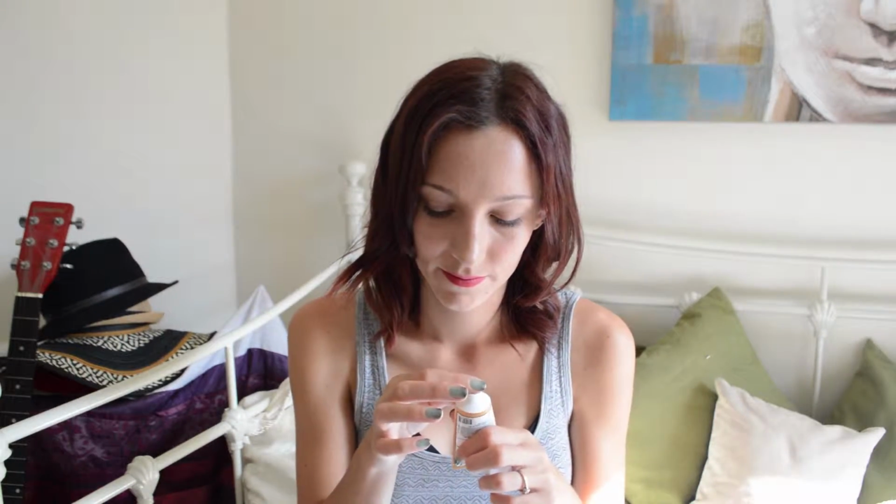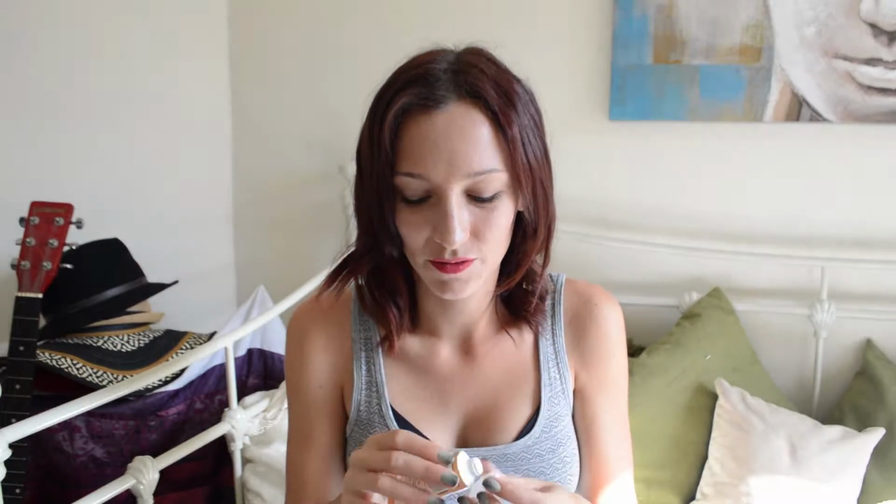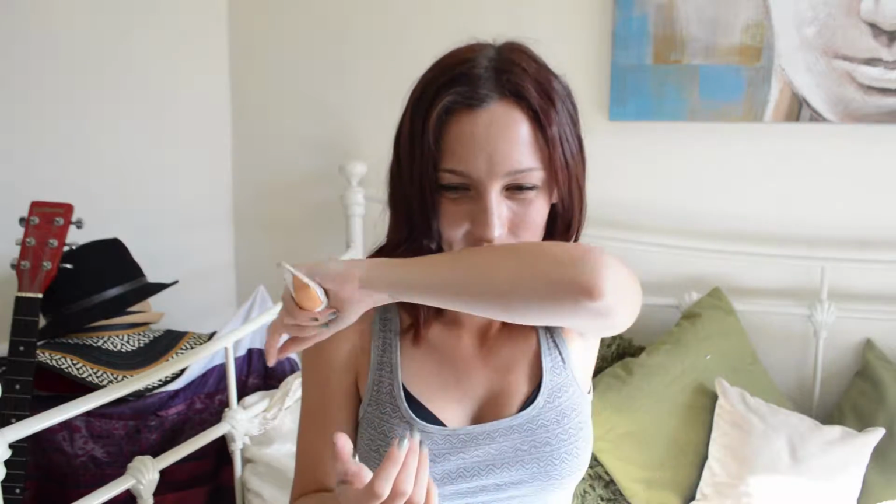Oh, it actually just smells like almonds. Oh, I'm going to put some on just because I want to smell like almonds. I don't normally do sweet scents. It kind of smells like macaroons, which is amazing. Oh, it feels nice. It's just like a normal body